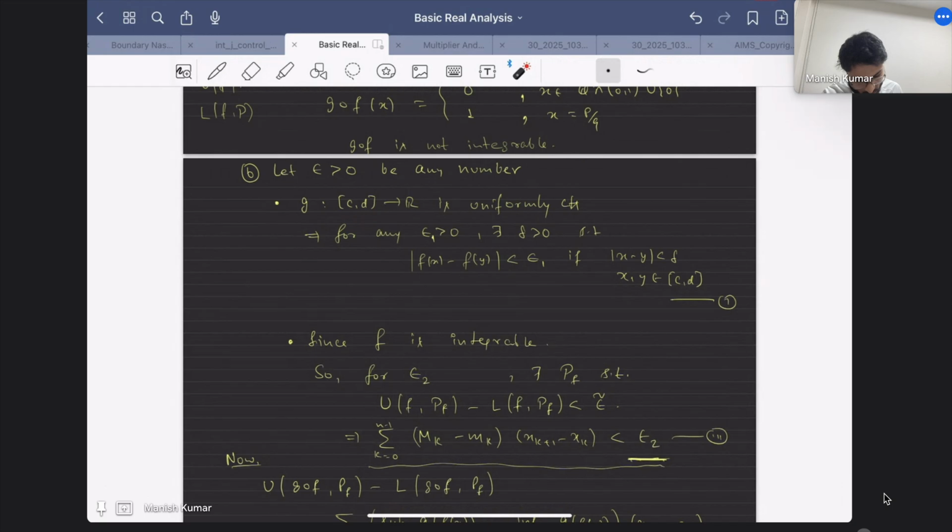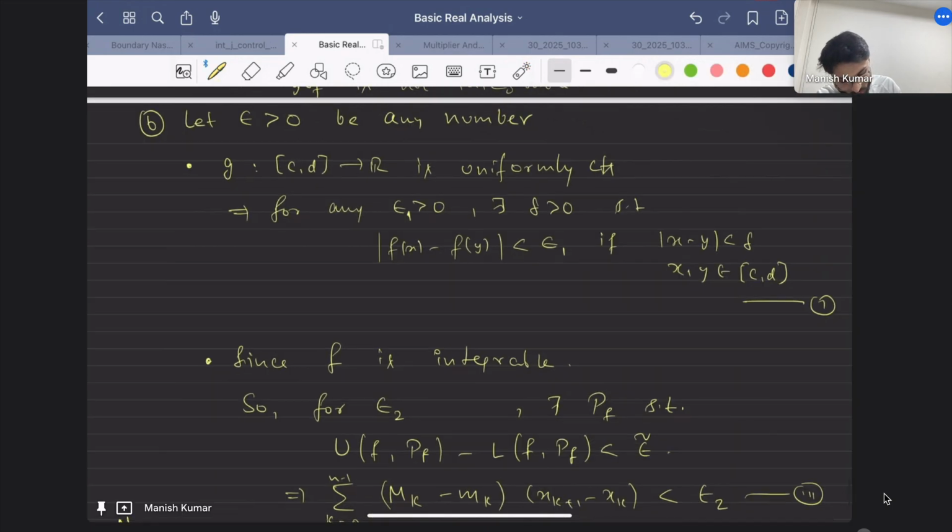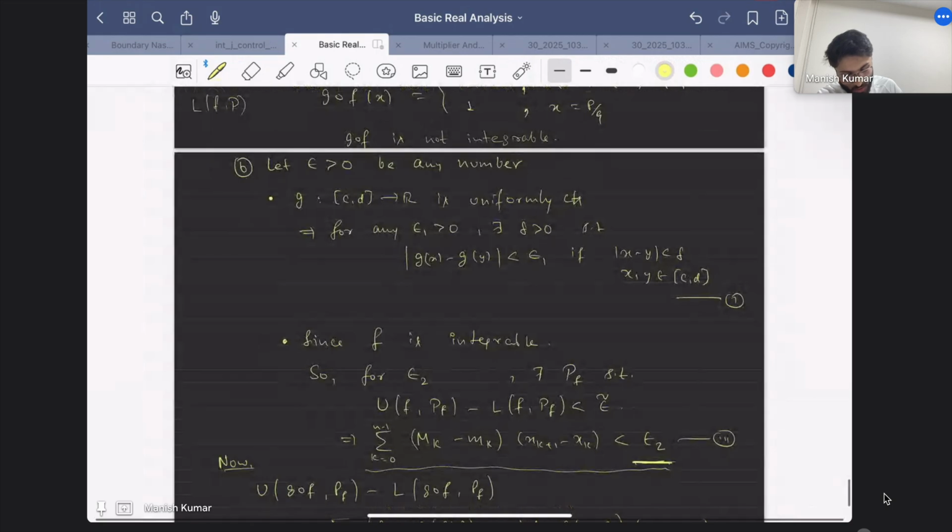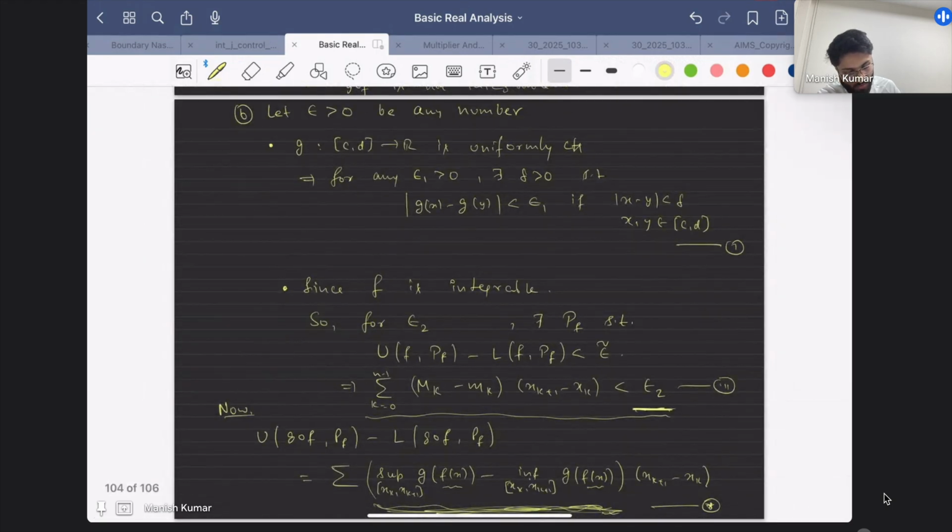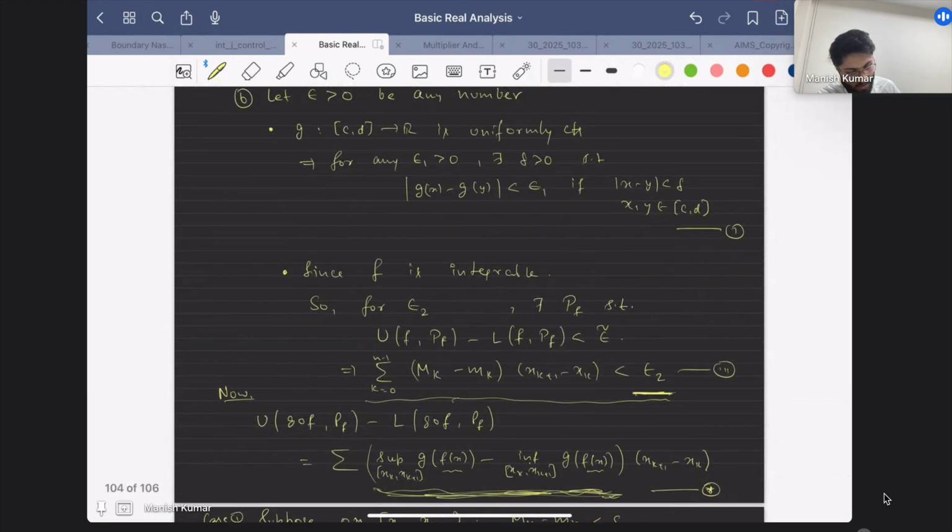So by the definition of uniform continuity, for any epsilon 1, there exists a delta such that this is very small if x minus y is less than delta. This is by the definition. The second thing is that I know f is integrable, so I have a partition for which this thing happens. Again, you have some epsilon 2. Now I would like to see, for this partition,